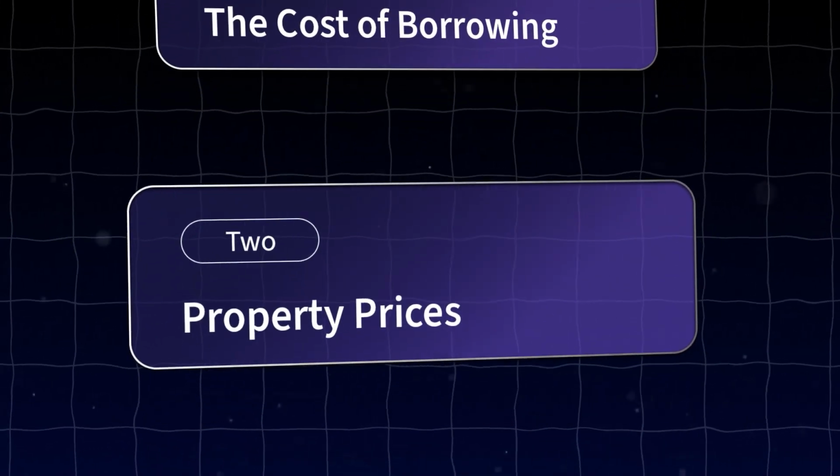Two, property prices. So investment property values, especially commercial real estate values, correlate heavily with interest rates. When interest rates increase, capitalization or cap rates increase as well. Now, cap rates are the expected return on a real estate investment. Typically, cap rates are higher than interest rates, and the spread is called the risk premium, which measures the demand for an asset with more risk than a treasury bond or the risk-free rate of return.